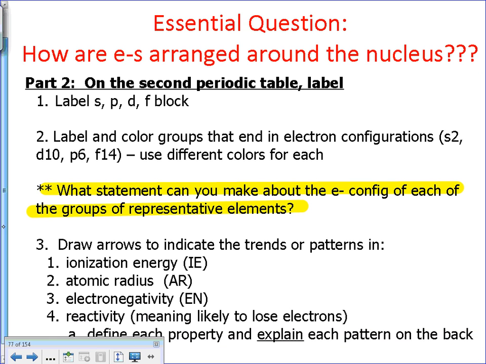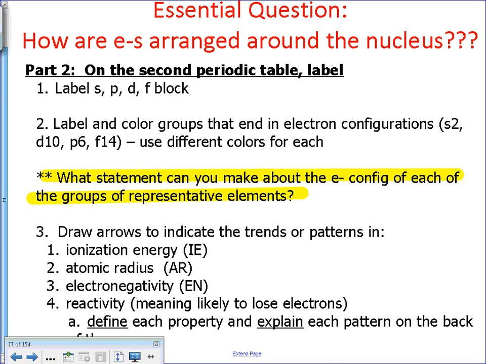The first thing I want you to do before we jump into the electron configurations is, on your blank periodic table, I'll let you grab some colored pencils or anything like that in a second. Everybody have at least one blank periodic table? If you don't have one, you should have it from your very first stakeholder. You're going to go through and label